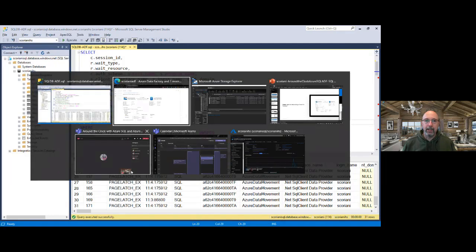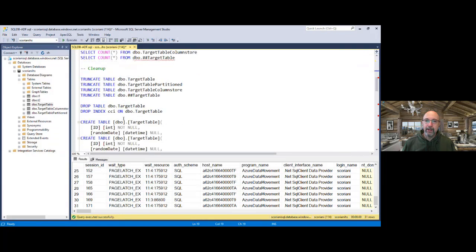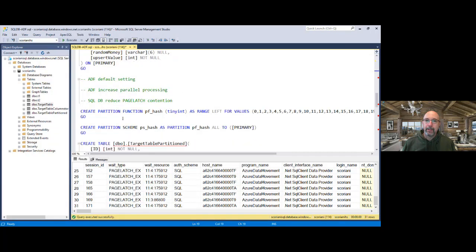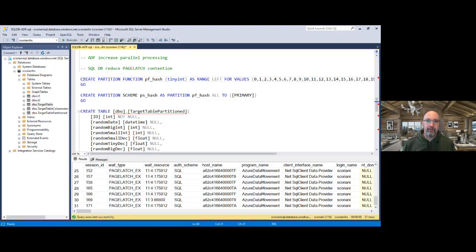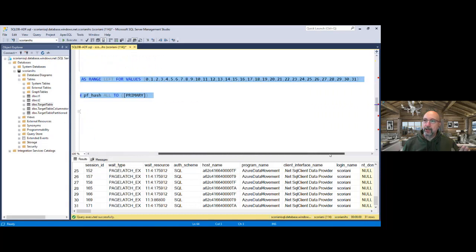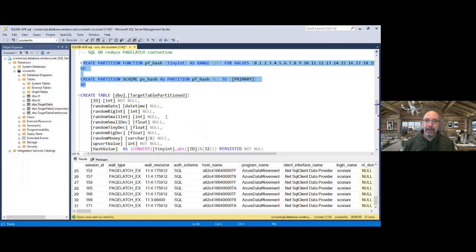Well, we typically have two approaches. One is, in order to reduce this page latch contention, we can create a partitioned table. So this is a partition function and a partition scheme that I'm creating. What I'm doing here is partitioning across these 32 partitions, like the number of parallel threads that we have in the system. And by doing this, if I go back to my